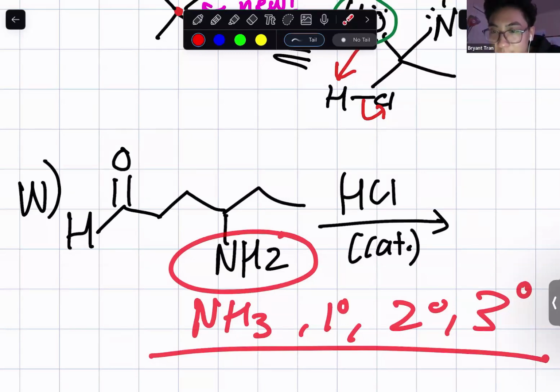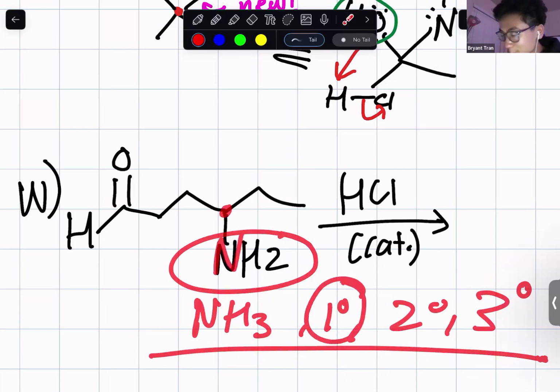Let's see here. What if nitrogen only has one H? Yeah, that's a good question. We're going to go over that, Chris, when we go over enamines. When nitrogen only has one H, that's when you form enamines. Yeah, this is a primary amine because this nitrogen here is only attached to one other carbon, and because we